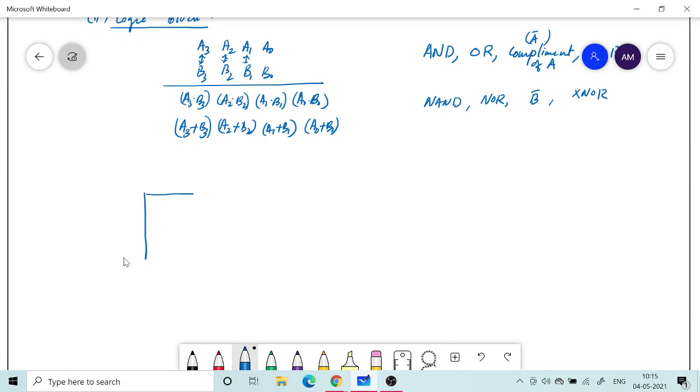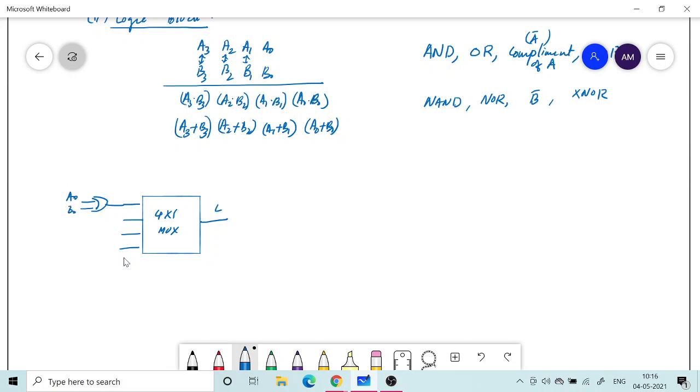I will denote this multiplexer like this, 4 by 1 mux. So it has 1 output and 4 inputs. Okay, and each of the inputs corresponds to one of the logic operations. So here what I do is I use an OR gate and give A0, B0 here.